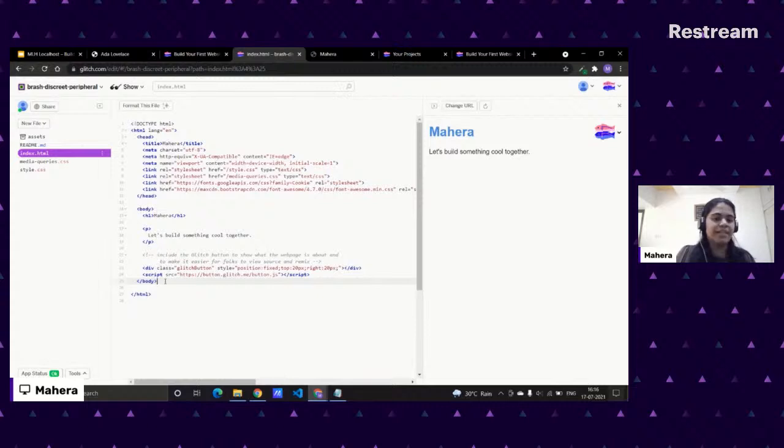Cool. So now let's make more changes to our HTML and see the changes. Okay. So the first change that we are going to make is, all right. So you see this section here where I have this paragraph, let's build something cool together. Instead of having let's build something cool together, let's write something about ourselves, all right? So instead of let's build something cool together, I'll write, I am an undergraduate student and pursuing, just code along